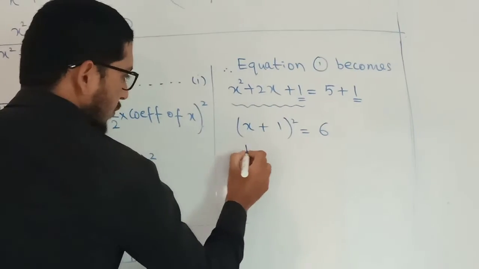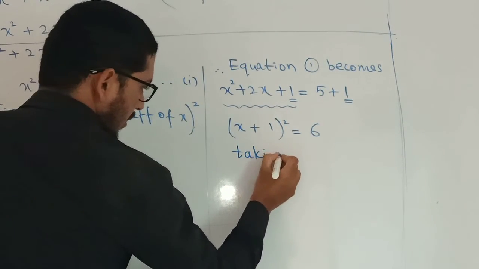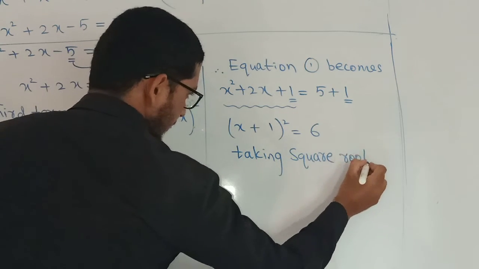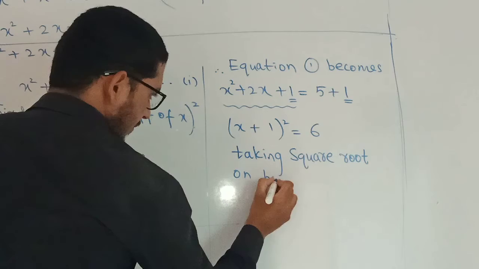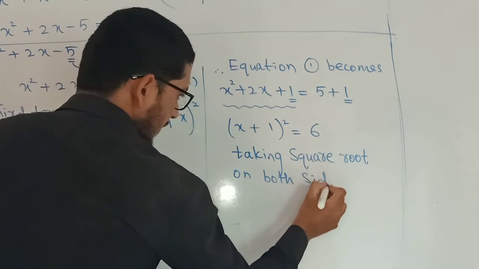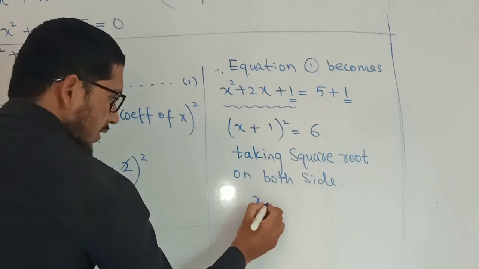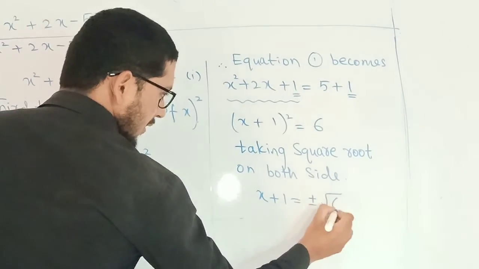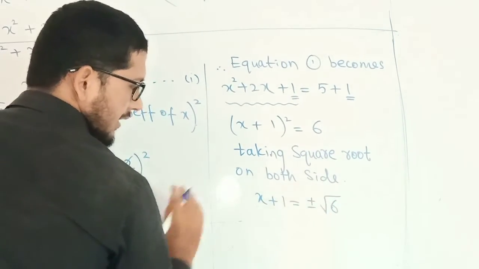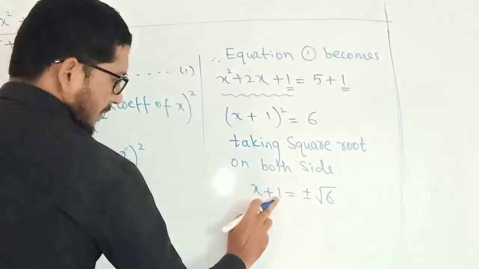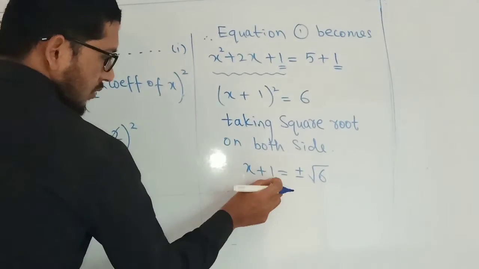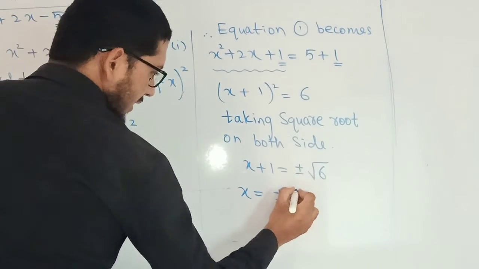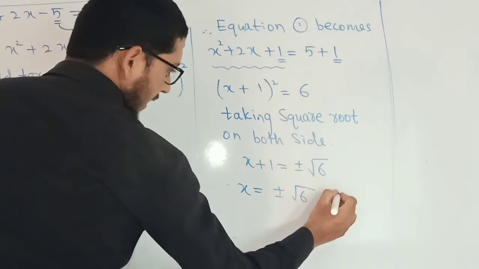After that, we have to take the square root, taking the square root on both sides. So what will you get after this? This is in square form, so this will give you x plus 1 only, and this is the 6. The square root of 6 is plus minus root 6. This completes the expression. After that, we'll shift this 1. We have to find the value of x here, no? So this is the extra term. We have to shift it to that side. So x equal to plus minus root 6 plus 1 को जो shift किया तो क्या आ गया -1.